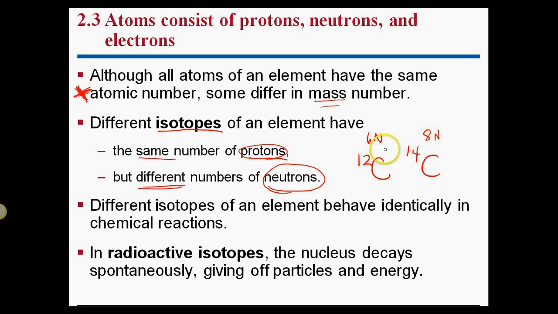Now, just because I have 8, I have 2 more of those neutrons, does nothing to change the chemical reactions. Carbon-14 will still, in essence, behave just like carbon-12. It's not entirely accurate, but it's not worth talking about right now. Okay, but the general point is if you change the number of neutrons, you do not change reactivity.